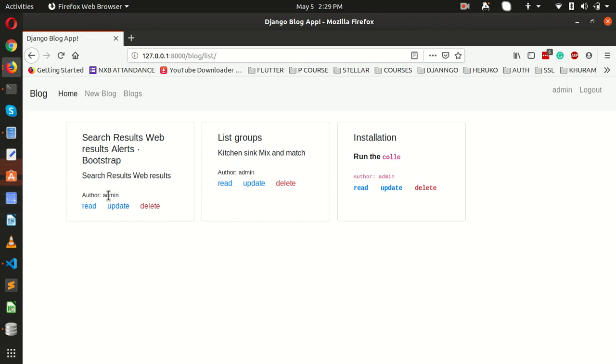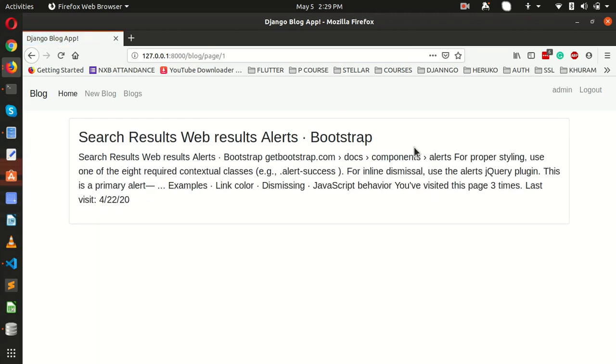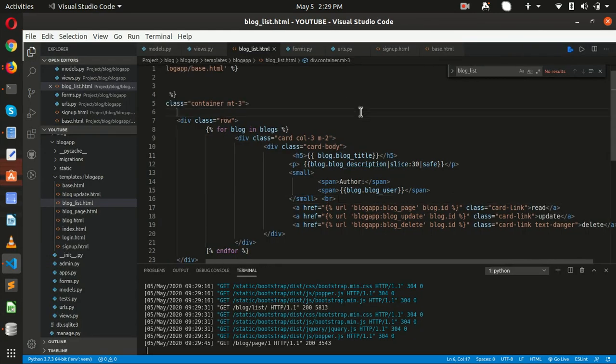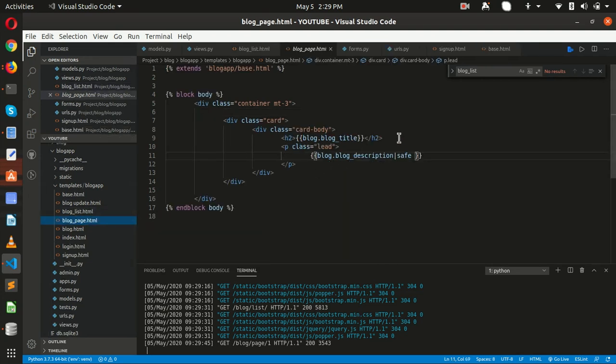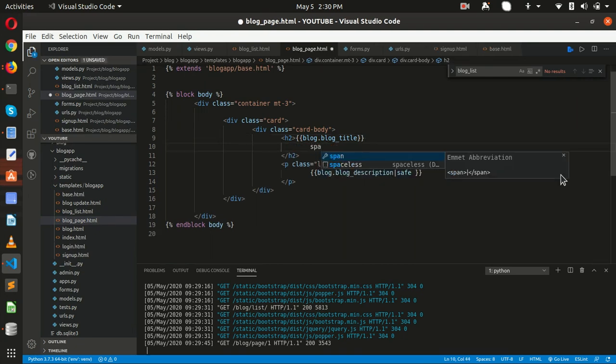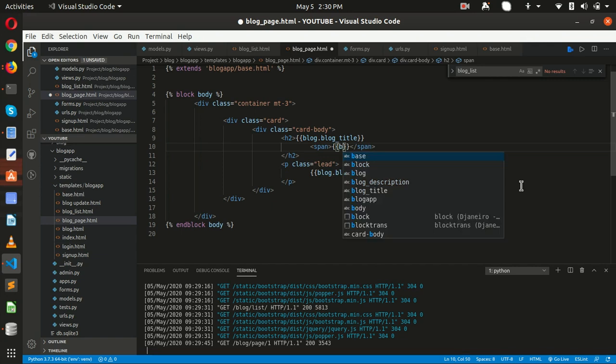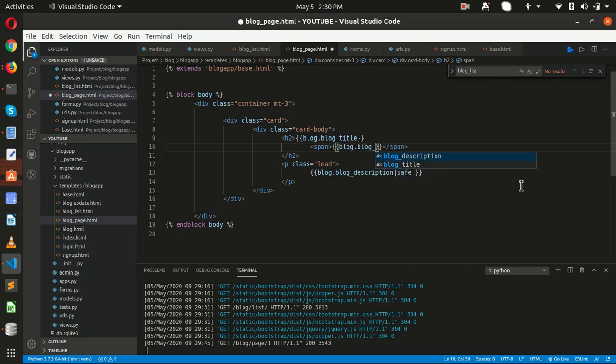So now if you see, here are the details for the blogs, and if we click on this, we can even specify who is the author of this blog. So for that, now we have to go to the blog page heading. This is the heading, and inside that, let me just put span, blog user.